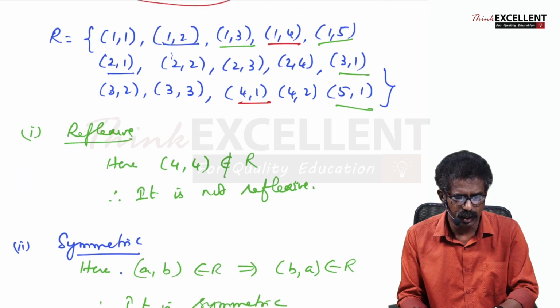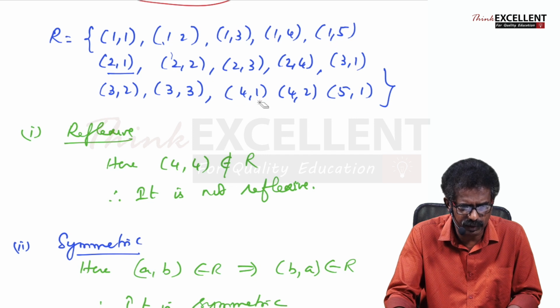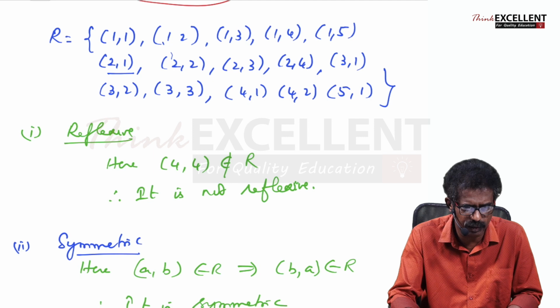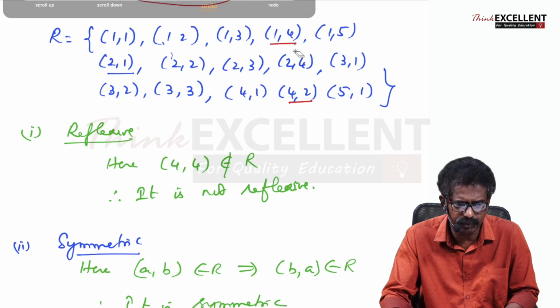Now let us see. 1 is related to 1, then again that 1 is related to 2. Then 1 must be related to 2, it satisfies. Then you check something like that. 1 is related to 4 and that 4 is related to 2. Then 1 must be related to 2. It is there. If it is not satisfied, just show one example and you can stop with that. If it satisfies everything, then you have to